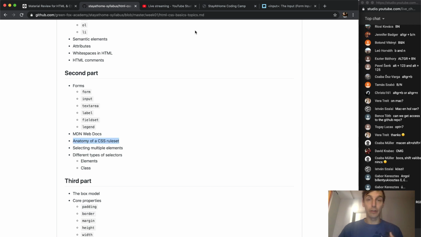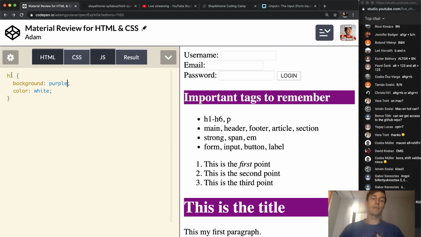So this was the anatomy of the CSS rule set. This is the CSS rule set, and this is what's called the selector. We want to select something, and we want to apply a couple of rules to the something that we selected. We can select